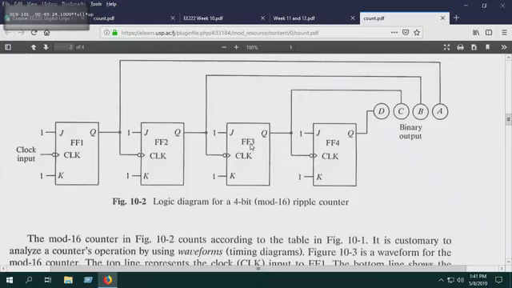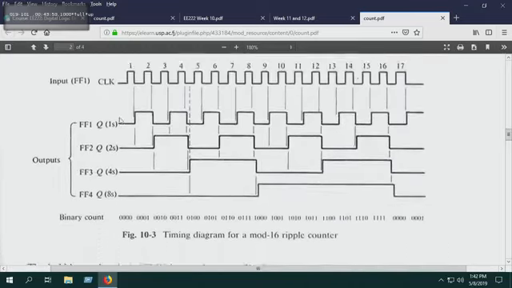So for 2 clock pulses here, you achieve 1 clock pulse here. Again, for 2 clock pulses here, you achieve 1 clock pulse here, and so on for each stage. So 8 over here will result in 4 at this output, 4 will result in 2, 2 will result in 1, and so forth. Can you see it goes downwards? Now, have a look at the timing diagram. There we go.